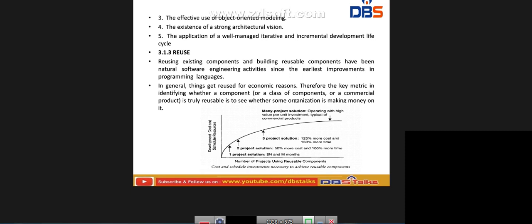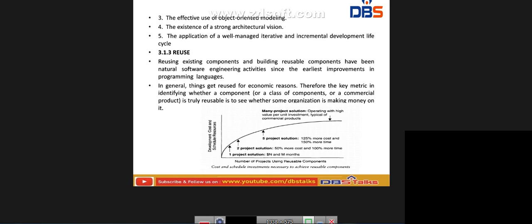See, for example, the cost and schedule investment necessary to achieve a reusable component. For example, one project solution costs $N and takes M months, another project solution costs 50% more and takes 100% more time, and another project solution costs 125% more and takes 150% more time, typical of commercial products with a high value of unit investments.